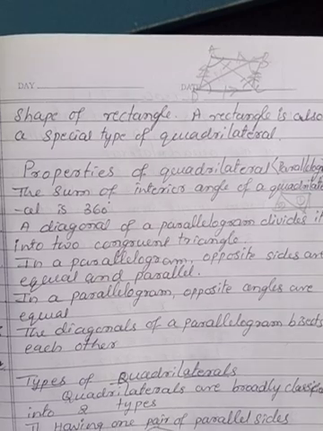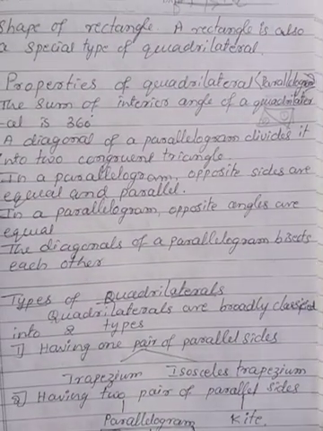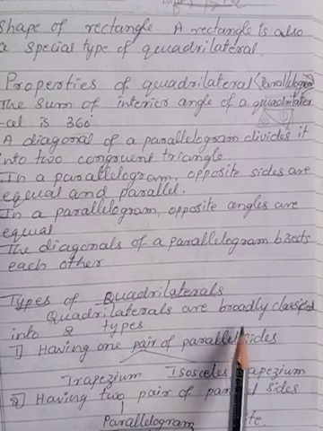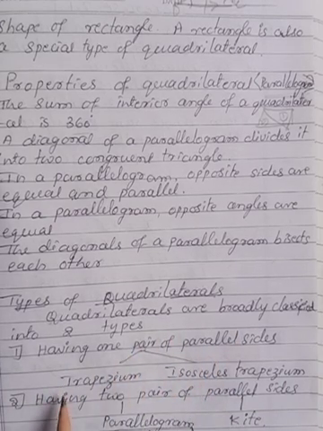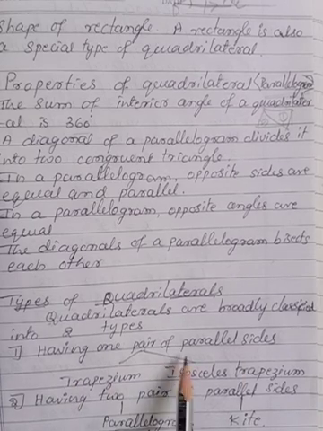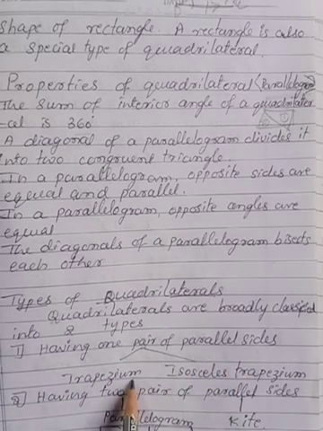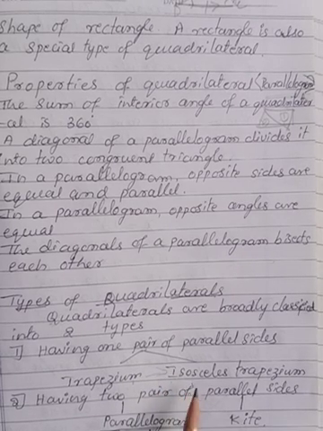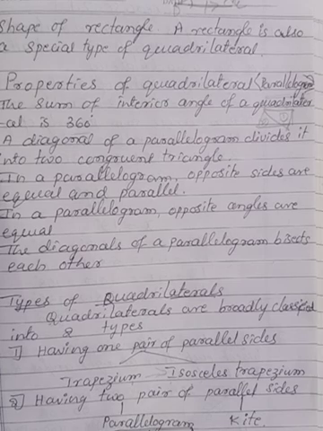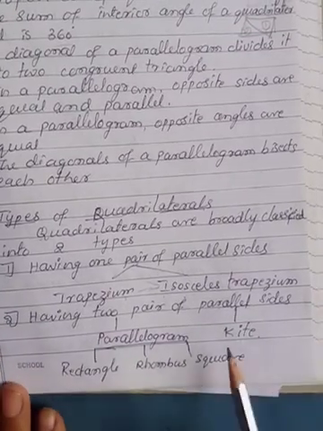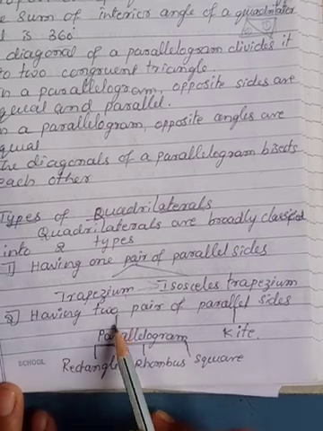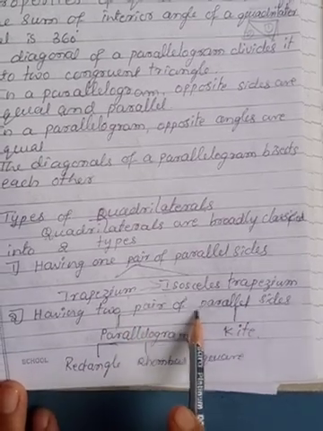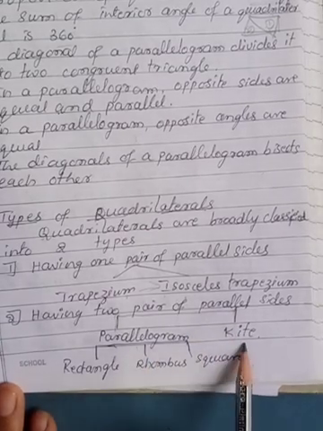Now let us recall the types of quadrilateral. Already you learnt. Again I am just recalling. So the quadrilaterals are broadly classified into two bases. One is having one pair of parallel sides, in which the trapezium will be there. Again a special type of trapezium you will get, that is isosceles trapezium. Then the other is having two pairs of parallel sides. In that the parallelogram is the major one and the second one is kite. Two varieties you will be having here, parallelogram and kite.